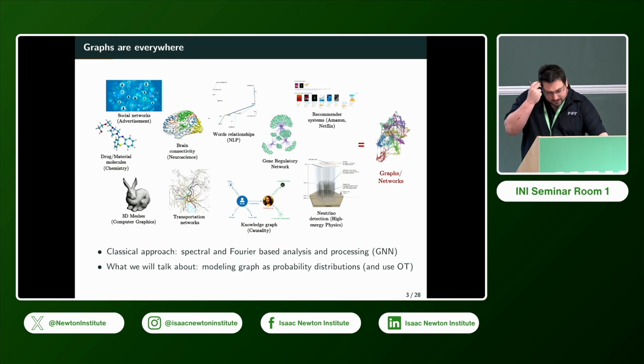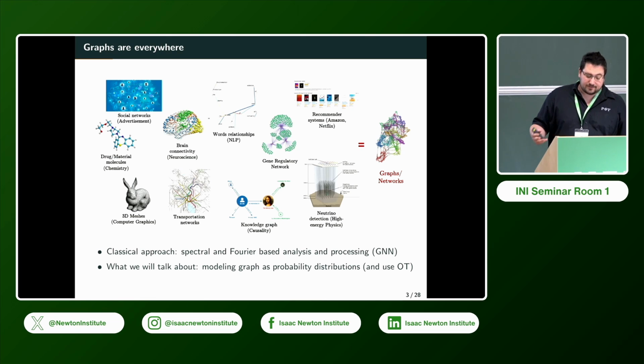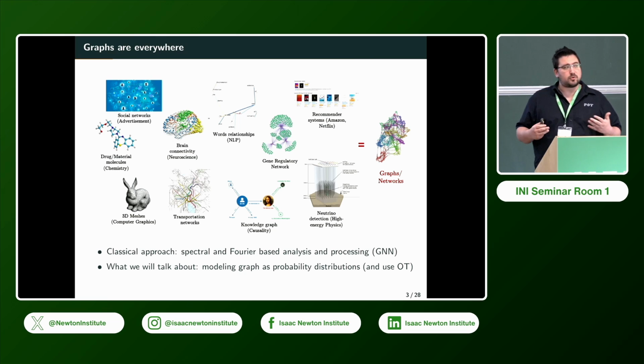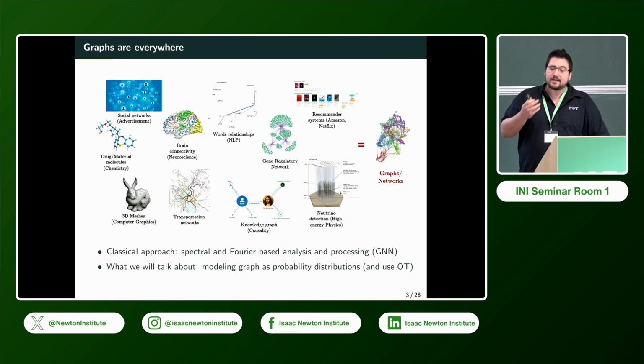Okay. So first, I don't need to spend too much time on it, but graphs are everywhere. A lot of data can be modeled as a graph: social networks, brain connectivity, even 3D meshes. So graphs are everywhere, and we need to process them in a good way. We need to compare them. And so the traditional way to do that,